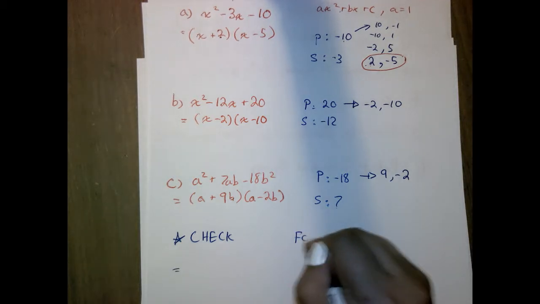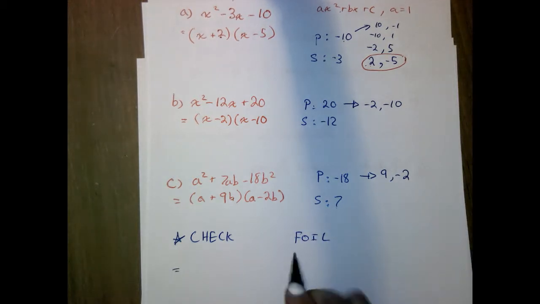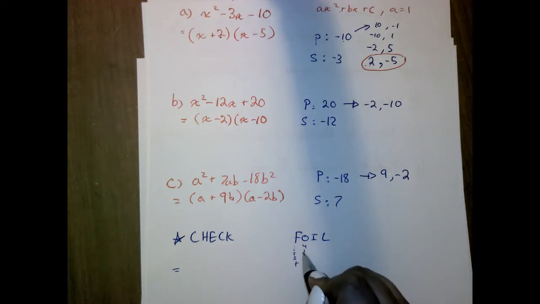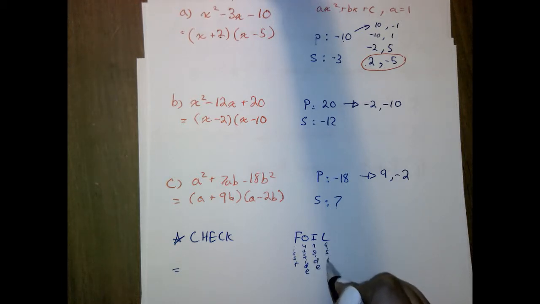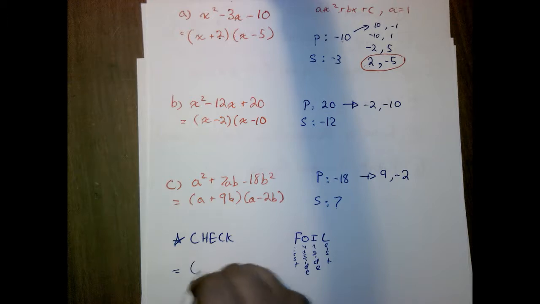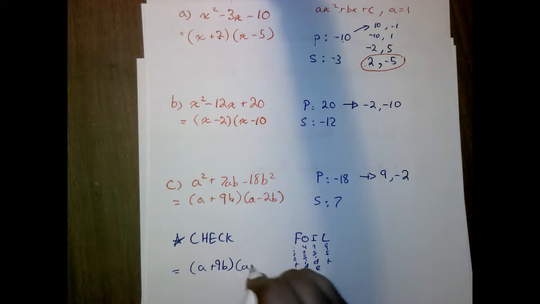If you remember, FOIL stands for first, outside, inside, and last. So when I'm expanding out a plus 9b times a minus 2b, I'm going to multiply the